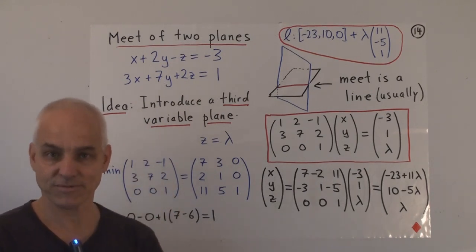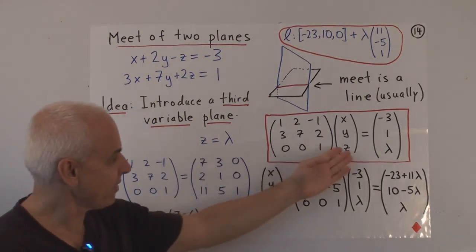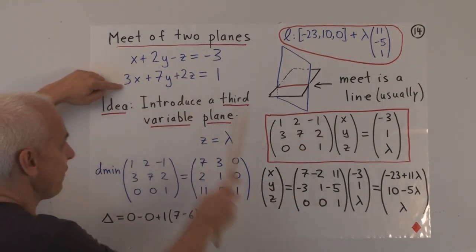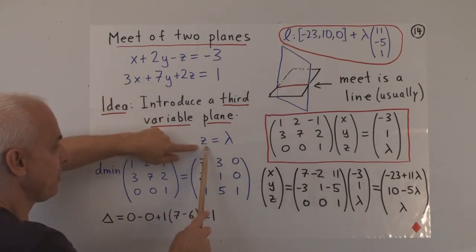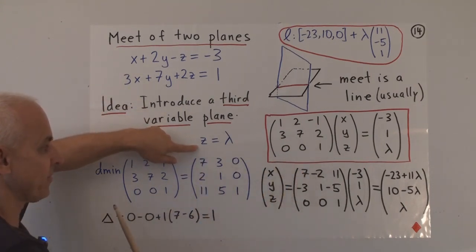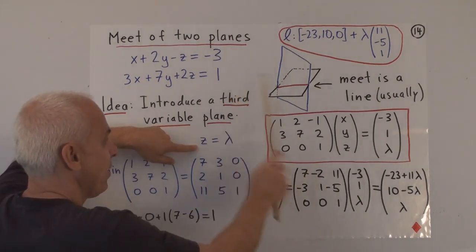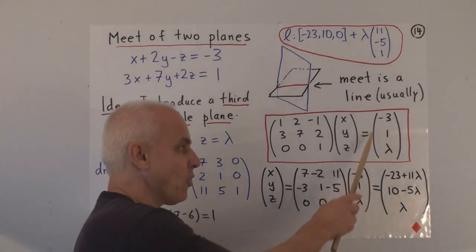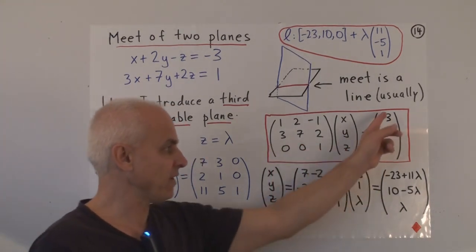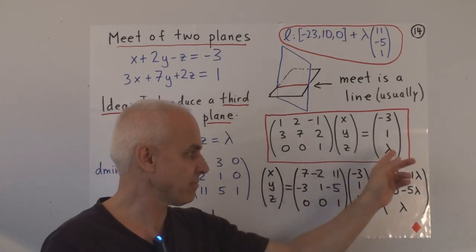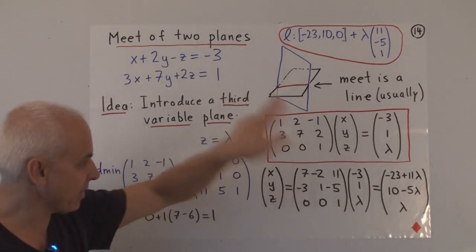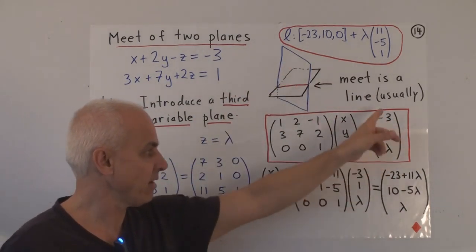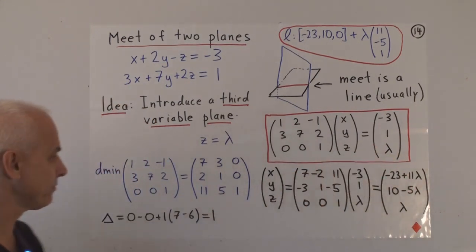Now we have 3 equations. So we can write down the system for it. There's the coefficients of the first plane, there's the coefficients of the second plane, and our third plane just has a single z in it. On the right hand side, minus 3, 1, and lambda. This lambda doesn't bother us. We don't need numbers on here. We know how to invert this even if these are variables. So that doesn't bother us. We're going to do exactly what we did before. We calculate the inverse of this matrix. We multiply both sides by the inverse of the matrix. Then we find x, y, z in terms of these numbers, including the lambda.